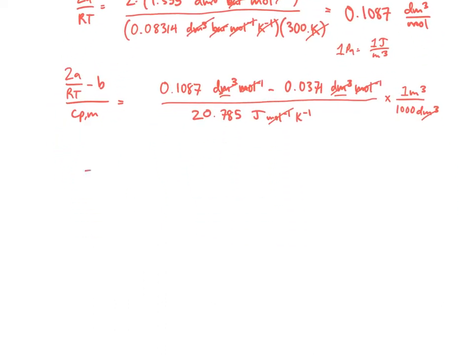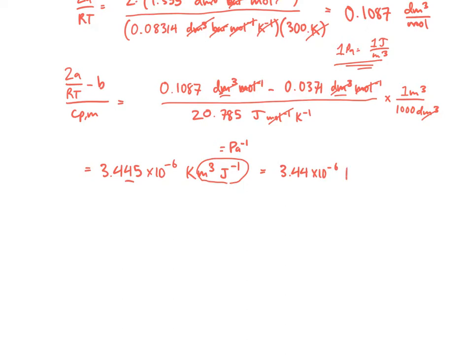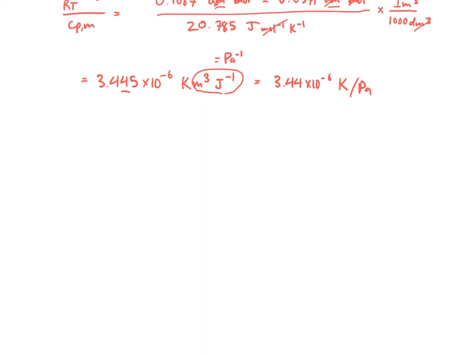And then right down here, I should get 3.445, there's my sig fig right there, times 10 to the -6th Kelvin meters cubed joules to the -1. But this unit right there is inverse pascals because of this relationship right up there. So I can immediately say that this equals 3.44 times 10 to the -6th Kelvin per Pascal. And now the final step